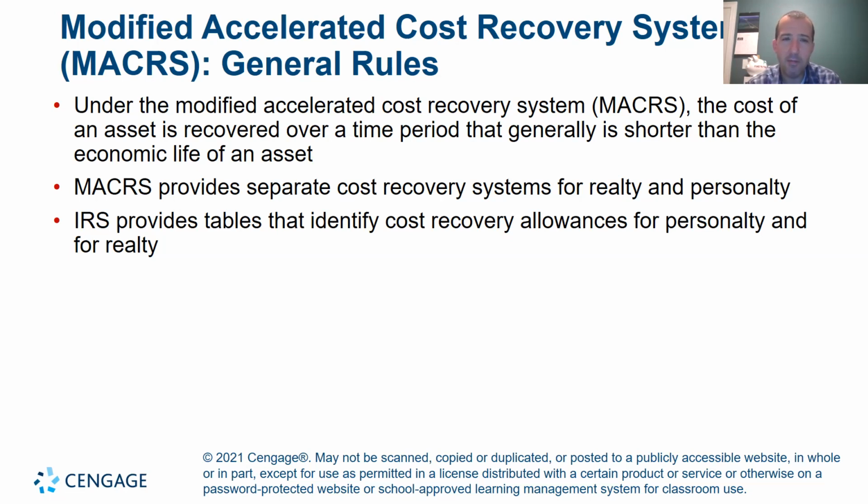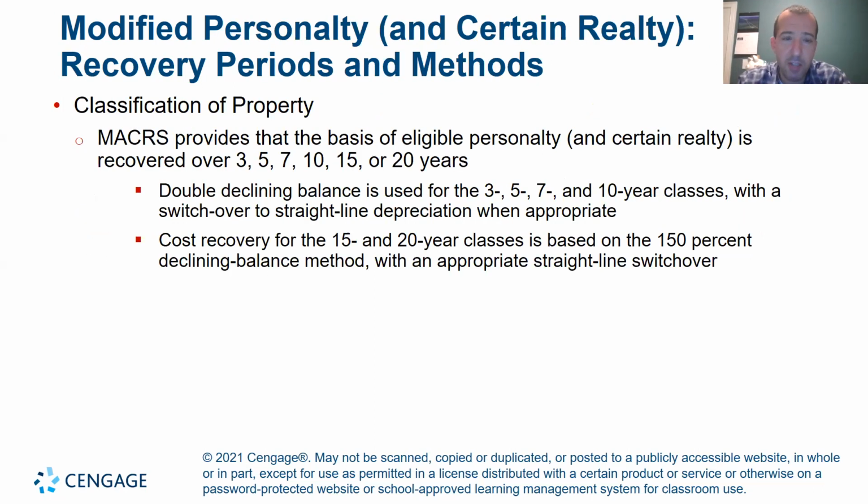So MACRS provides a separate cost system for realty and personal property. So realty property and personal property, again, realty, land, buildings, anything affixed to the land. And personal property would be everything else that's not related to the residential or land, which would be machinery, equipment, and the like, right? And based on those, it's the tables that we choose, right? So if we have personal property,